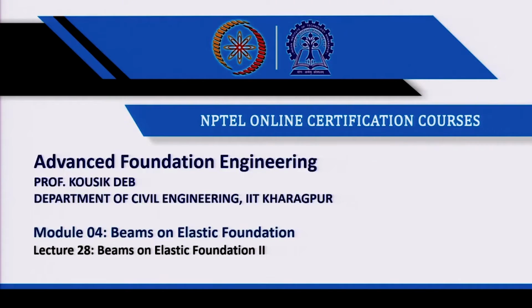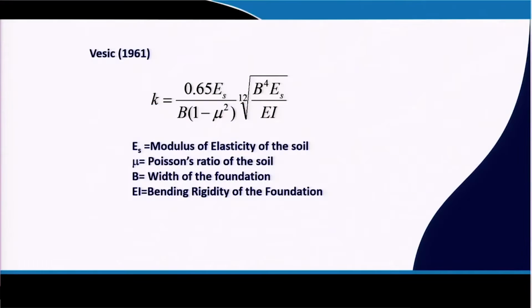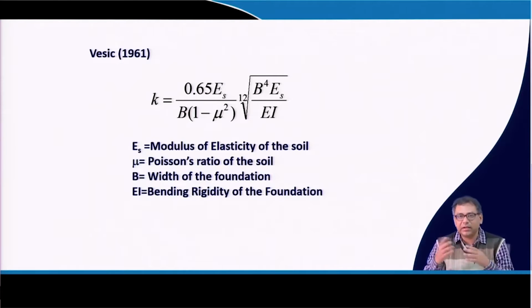So, last class I discussed how you determine the subgrade modulus and the different corrections, such as the size correction, shape correction and the depth correction. Today I will discuss different correlations by which you can also determine the k value, and other methods by which you can determine the k value. Now, the basic correlation given is one by which you can determine the subgrade modulus, where Es is the